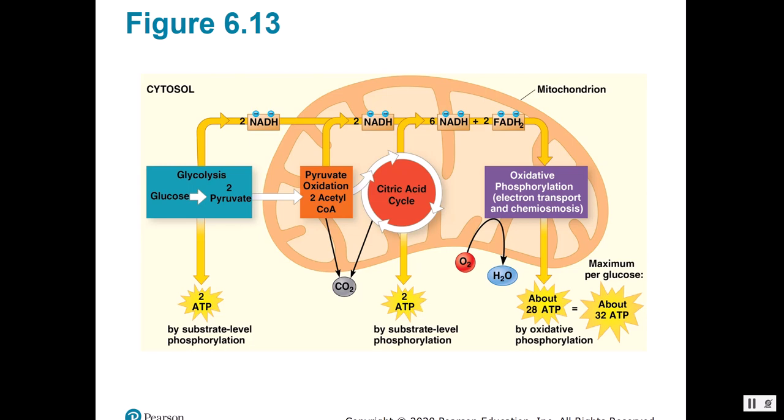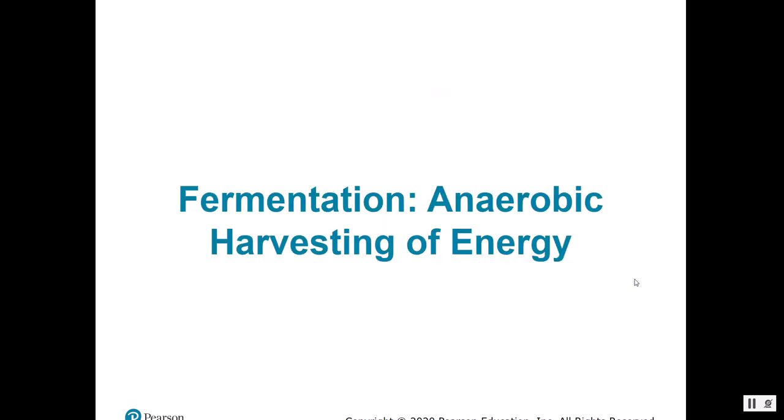Okay, so one more time, these are your numbers. We get 2 ATP from glycolysis, 2 from citric acid, and about 28 from ETC and chemiosmosis. So that totals to give you a maximum per glucose of 32 ATP. Okay? All right, we're going to stop there, and we'll finish up with fermentation